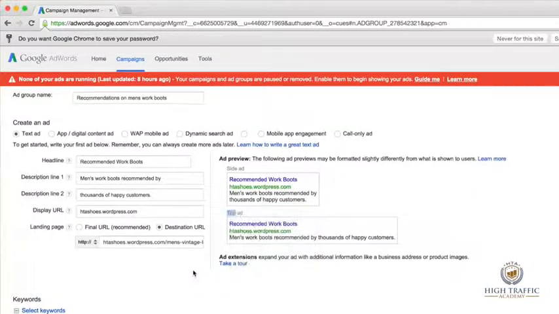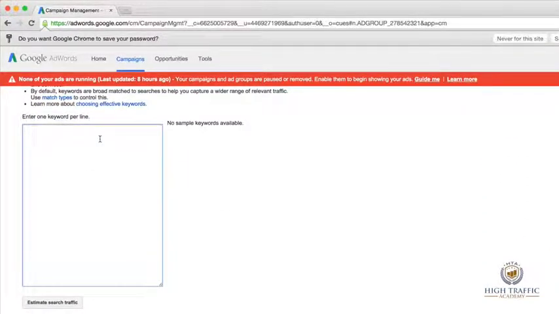And then we go down here and add our keyword. So you would add it as recommended men's work boots, recommendations on men's work boots,